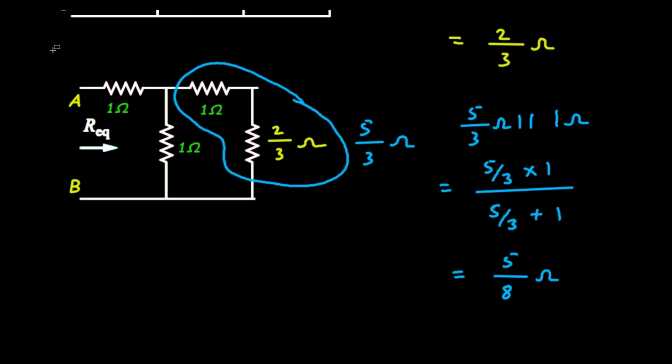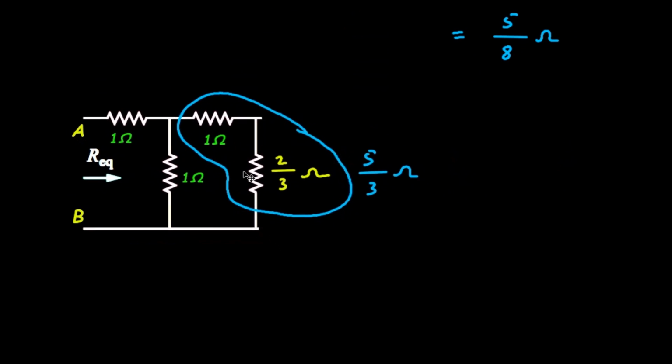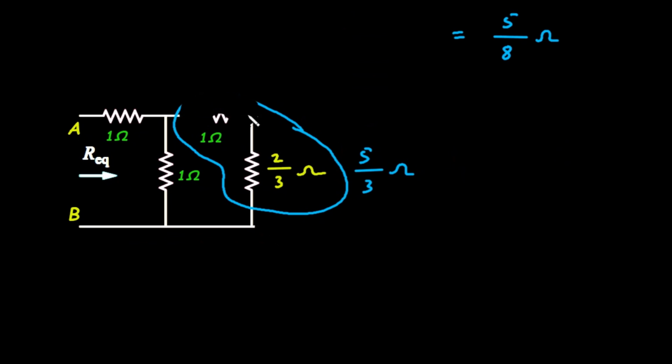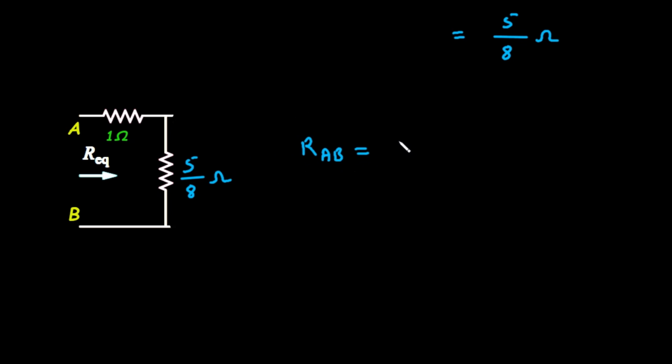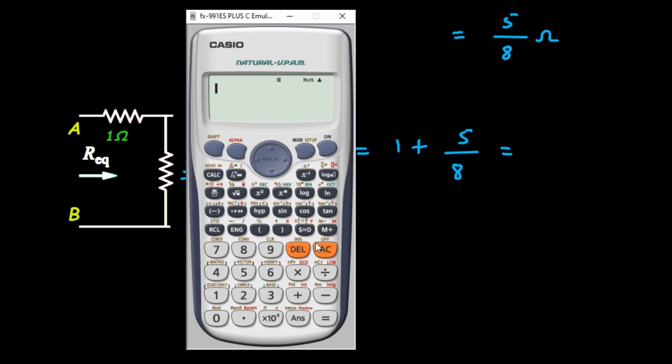So what we can do, let's copy this first. Now here, let's erase this. Now it will be a single resistance of 5 by 8 ohm. Now here we can see this 1 ohm is in series with 5 by 8 ohm. So therefore, RAB is equal to 1 plus 5 by 8, or 5 by 8 plus 1 is